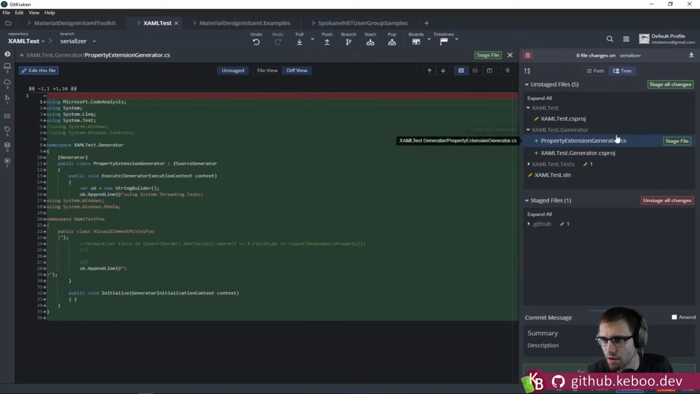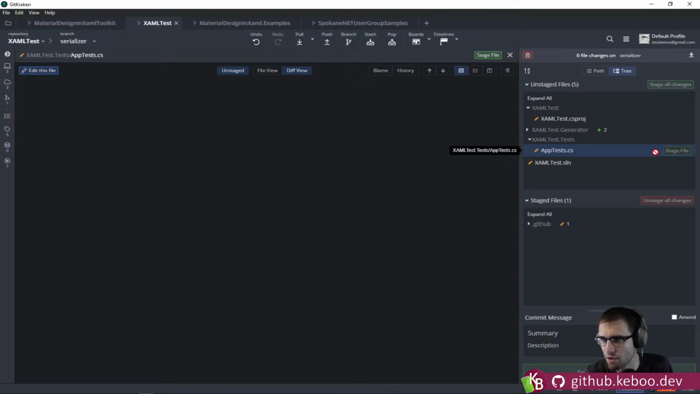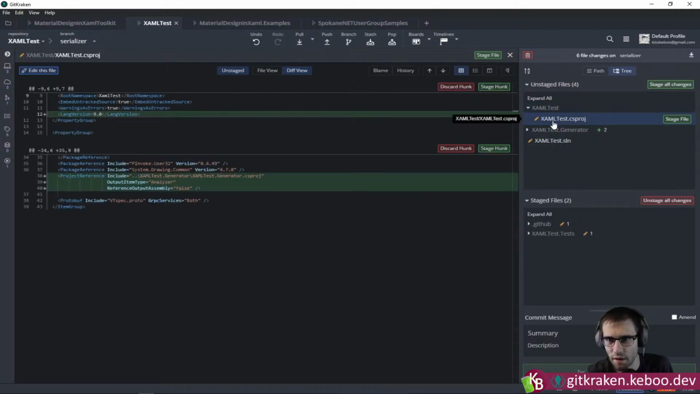So sure, we can stage that. I don't want the generator stuff in here yet. I do want the test change. So we're going to stage that file. We'll leave the rest of these changes here. So attempting another run with